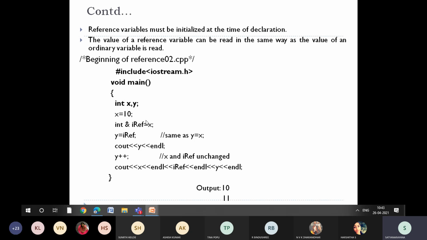So one thing you need to observe here is, once I assign the iref value to y, if I do any changes to y, it is not going to affect either iref or x, because the reference variable address we are storing for x, but not the value. But here I am storing the value to another variable. So whatever modifications you do for y will be reflected only for y, not for x and iref, because there is nothing to do with x and iref once you assign that variable to the new variable.